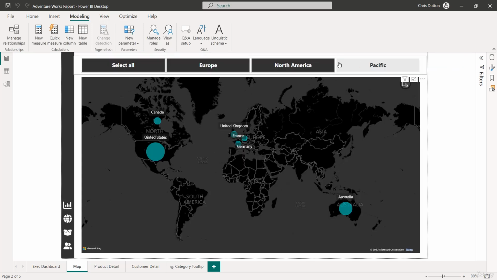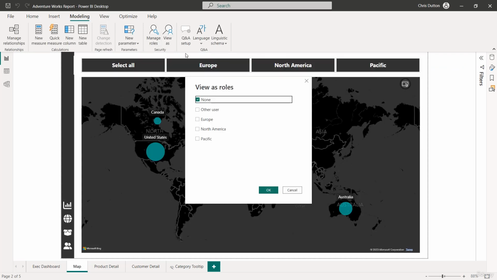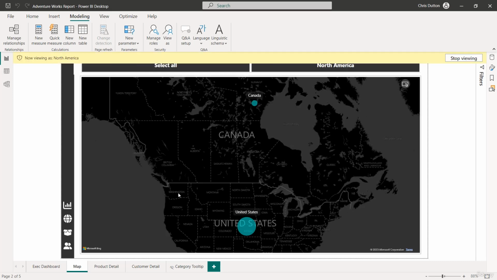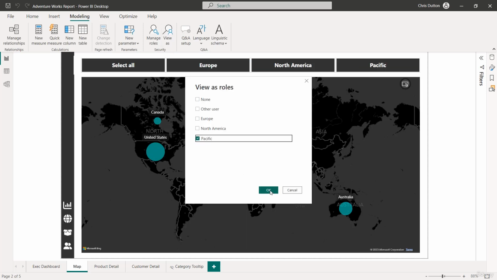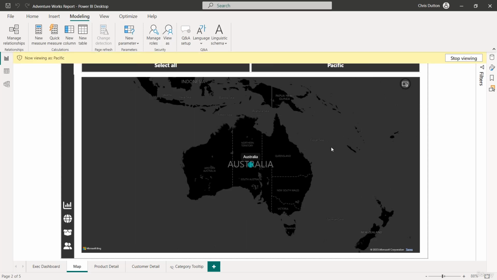Now we see all of our slicer options. And let's just test the other 2 while we're at it. North America, we see the map immediately filtered down. The slicer removes those other options. And now we're only seeing data related to North America sales. And last but not least, let's check Pacific. Looks good. So our row level security roles seem to be defined properly,